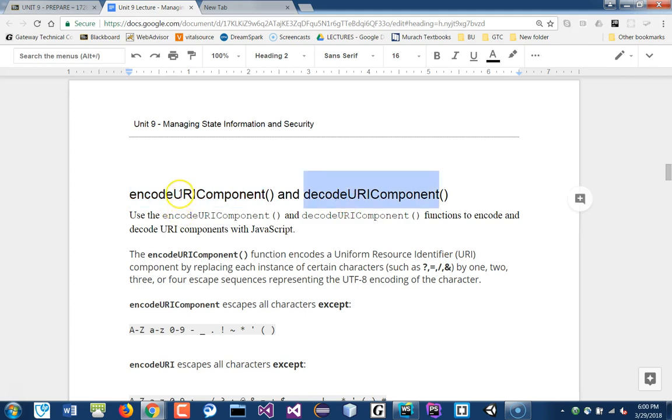So if you use encode, you can decode it back. Okay, so when you want to send some data to the browser or to another page, then you want to encode it. It will force any special characters to be in a UTF encoding character. So it's much safer that way